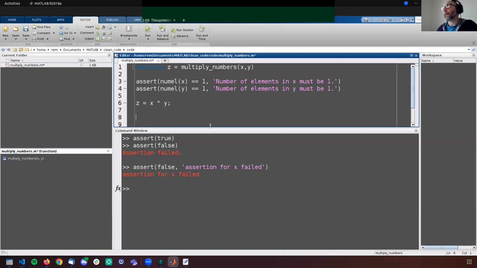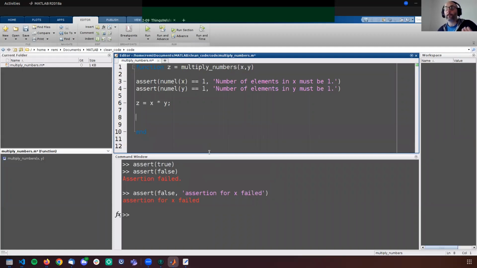Another thing you can sometimes have is that you know the value of Z for whatever reason must be positive. So you could have another assertion in the middle that goes assert Z is greater than 0, and in this case you don't have an error message.